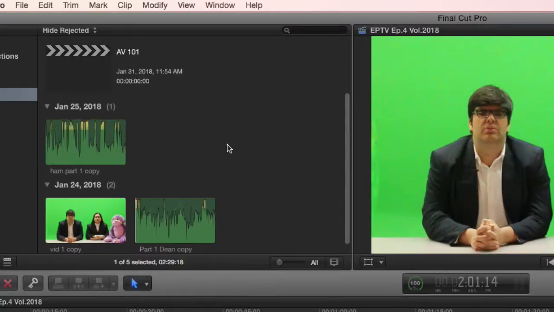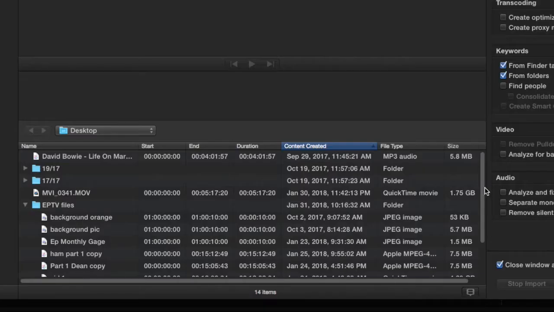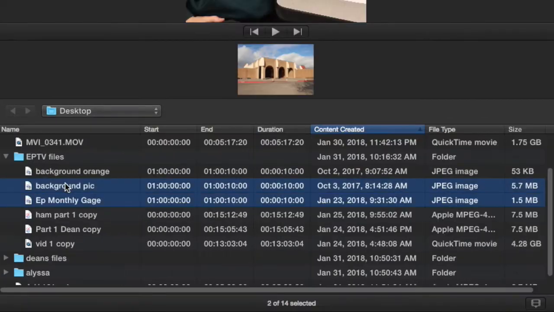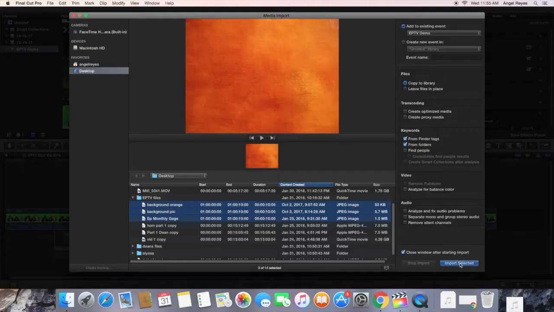Okay, so right now I need to get some files imported, synced, and then we can head on to the green screen pictures. But first, let's start off with importing. So right now for importing, what we need is to have the files from the USB, SD card, or email already downloaded. So once there, we go to Final Cut Pro, we open up the import menu, go to import, select the files. To click multiple at one time, we do the command click, and then we actually hit the